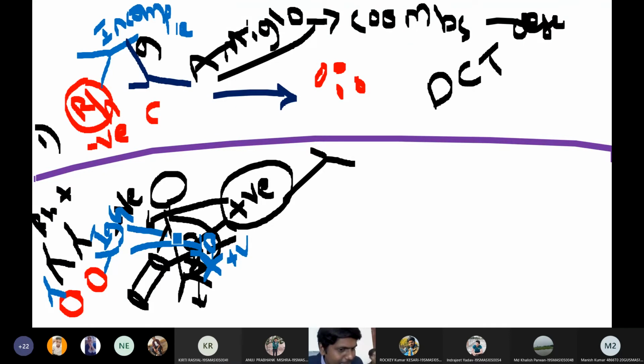If that is the case, the mother already has positive antibodies in her circulation. Will these positive antibodies kill the baby? These positive antibodies will go to the positive antigen and destroy the baby's blood. So the baby will become jaundiced and the baby will die. This condition is called erythroblastosis fetalis. In erythroblastosis fetalis, a negative mother will develop positive antibodies and these antibodies will kill the second positive baby.